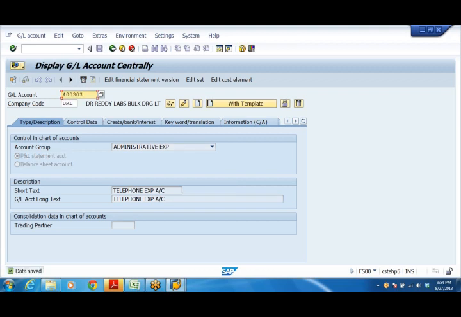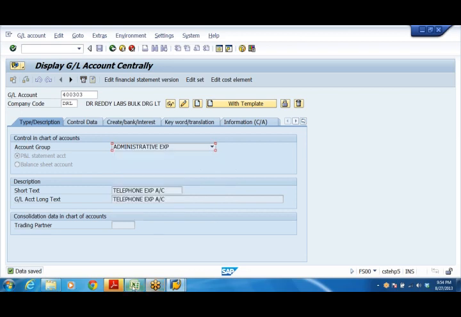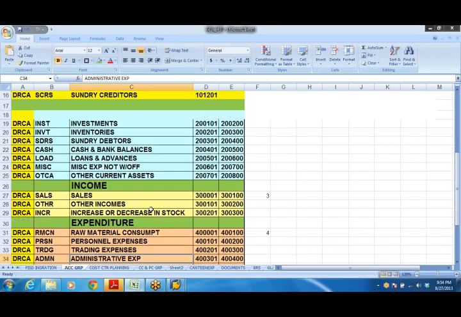Yesterday we created some account groups, right? With the same number ranges, and now today we are creating GL accounts. What is the relation between that and this? What is your doubt? Yesterday we created some account groups, right? Yes, account group with number range from this account to, I think, the range you took as 100. And now again you are using the same numbers and creating GL accounts.